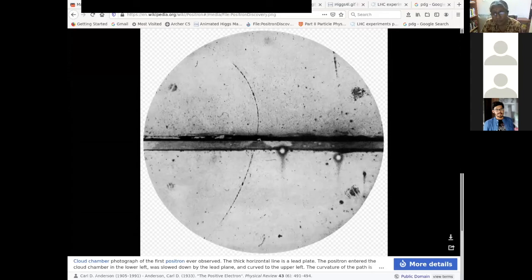But how do you know that? Let us see. Suppose the particle is coming from below. That's what it says: the positron entered in the lower left. So if it enters in the lower left, then the velocity is pointing upwards. The magnetic field is going into the screen, and therefore the force is on the left, because the force is Q V cross B. So V is upwards, B is inside, so the force is to the left, and therefore it bends to the left. But suppose the particle was coming from above, then V is downwards, B is into the board, then it will bend to its right, which means that it will bend this way.